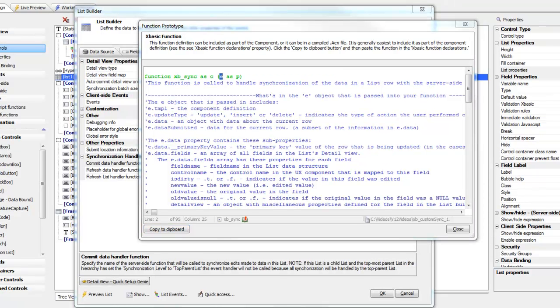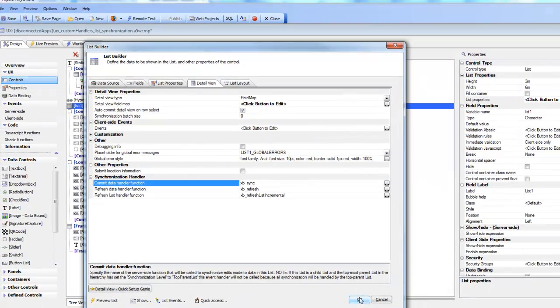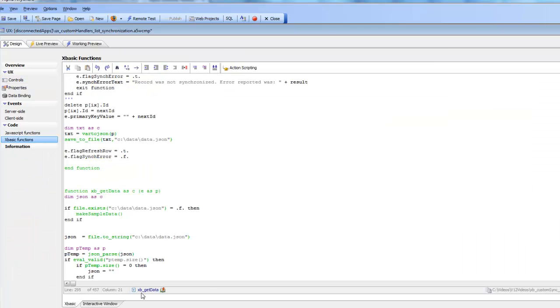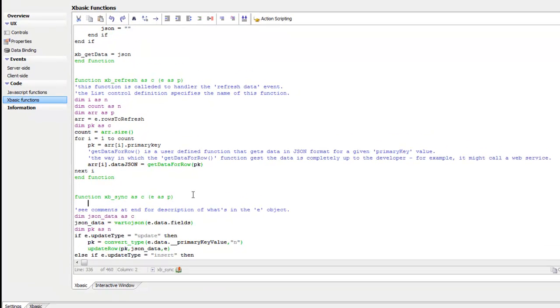So we're continuing our discussion on custom synchronization handlers, and I'm going to save this, and then go back to my XBasic functions here and go to the xbsync function and just put a debug 1 in so we can step into the code as we synchronize the data. So I'm going to go there and hit the save